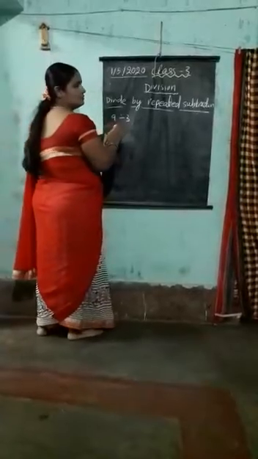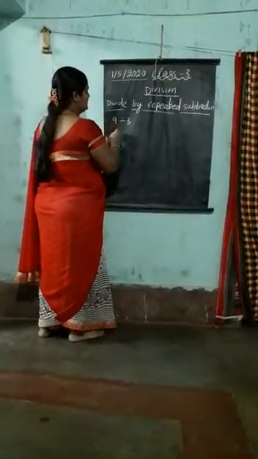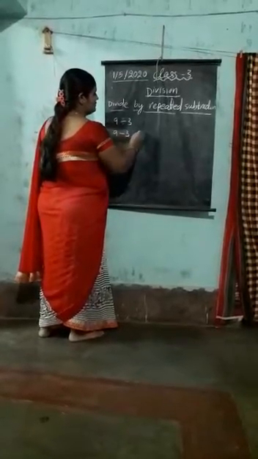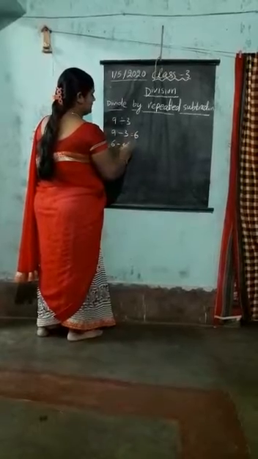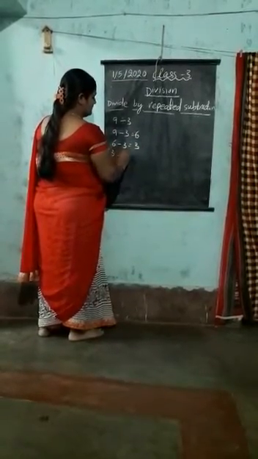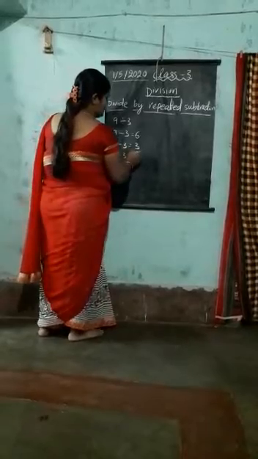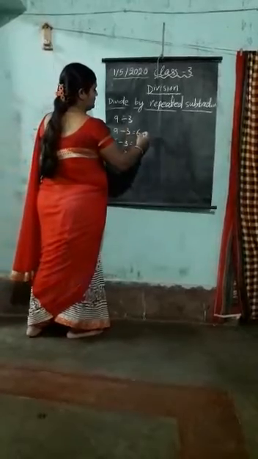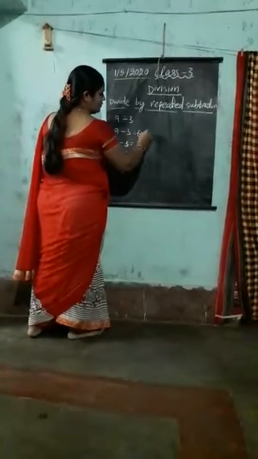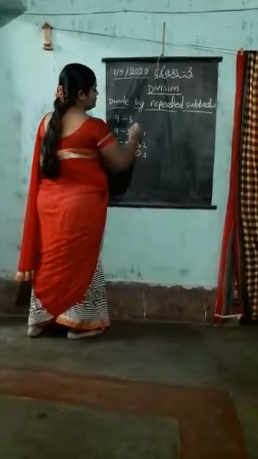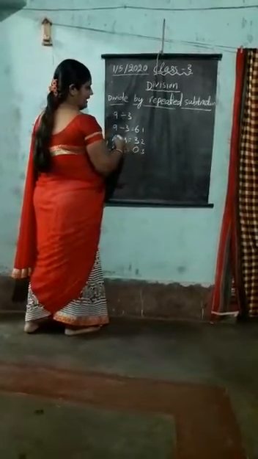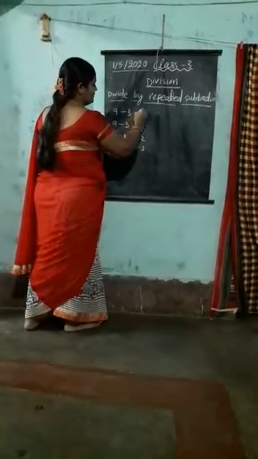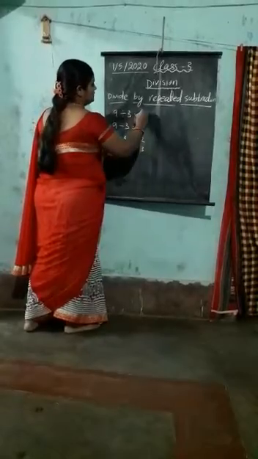So at first we have to see the question. It is 9 divided by 3. So we will start with 9 subtracted by 3. 9 minus 3 is equal to 6, and 6 minus 3 is equal to 3, and 3 minus 3 is equal to 0. So till we get 0, we have to subtract the number. So how many times have we subtracted the number? That we have to count. 1, 2 and 3. So 3 times we have subtracted 3 and we got 0. So 9 divided by 3 is equal to 3. So 3 3s are 9.